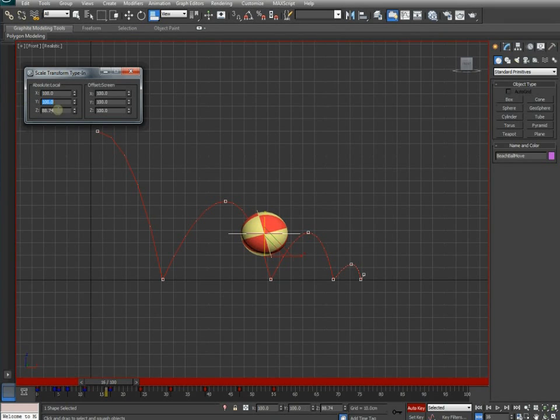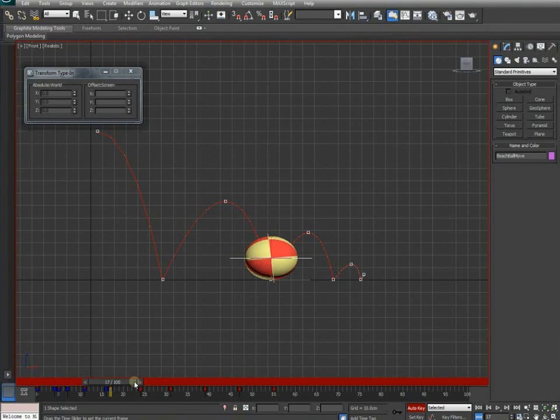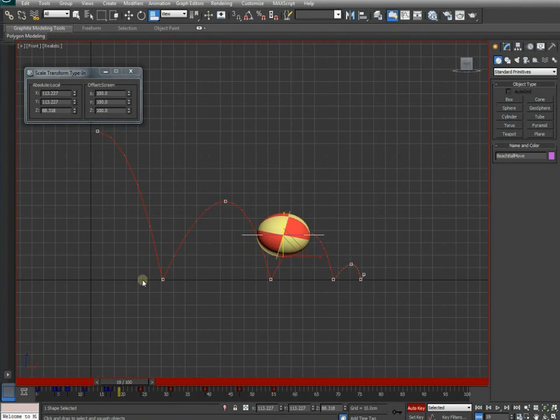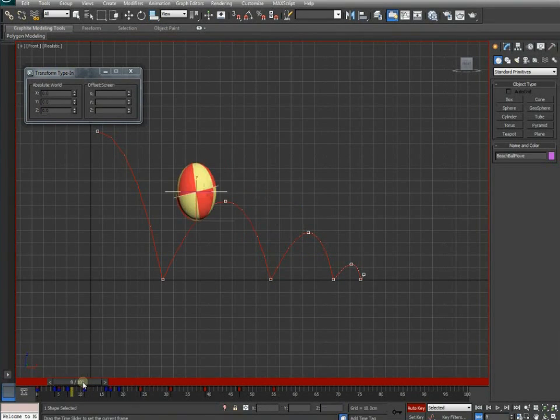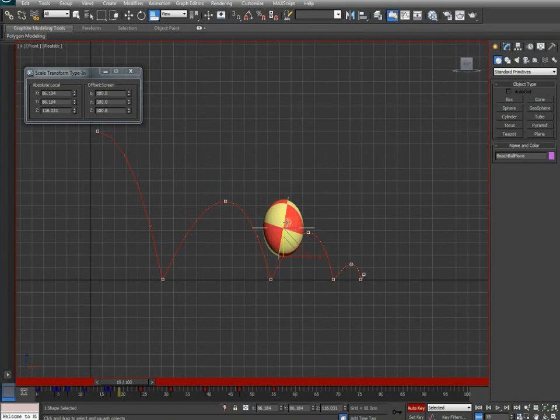So no squash before it hits the ground. When it hits the ground, it squishes. Couple of frames later, it should stretch. So we check how much was it last time. We used 120, so it's going to be less than that,